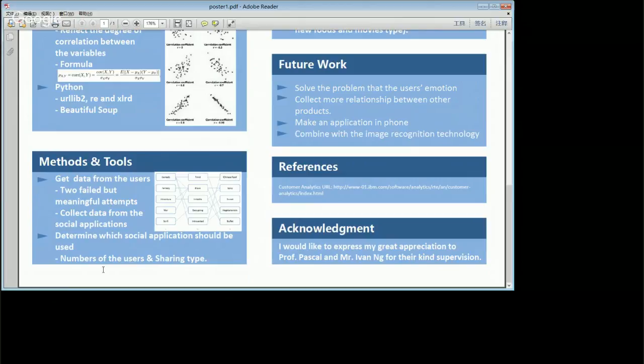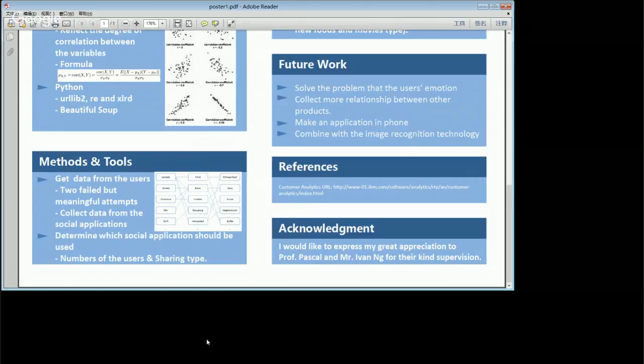So I changed to another social application named Weibo, which is widely used in the mainland. On Weibo, if I search for some keywords, all the user statuses containing these keywords will be shown to us, and I can collect data easily.